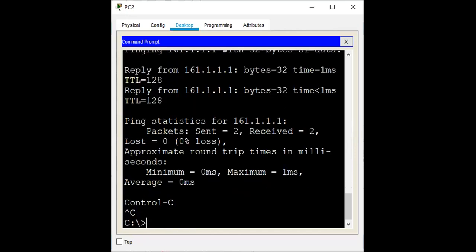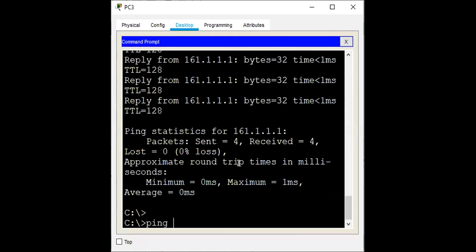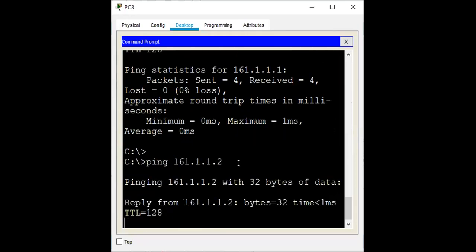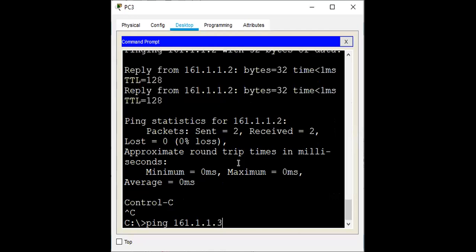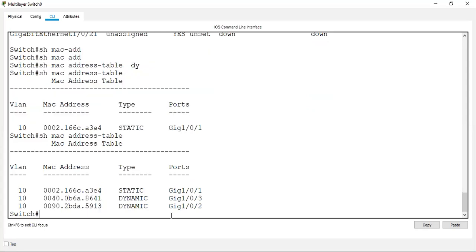We have reachability between all the systems with each other. PC3, ping 161.1.1.2, 1.1.1, 1.1.3. All the systems are reaching each other. Now you can see that the MAC address is learned automatically. So we know these are the MAC addresses for the specific ports.